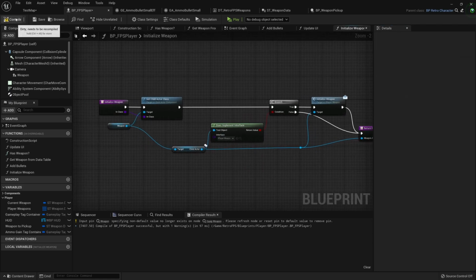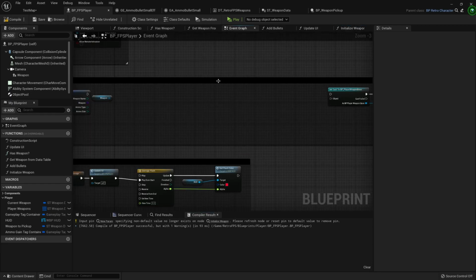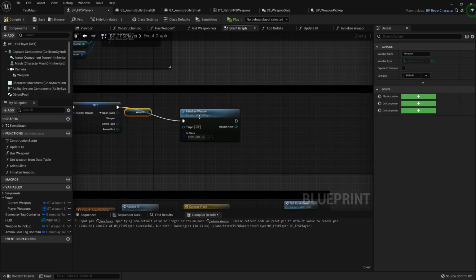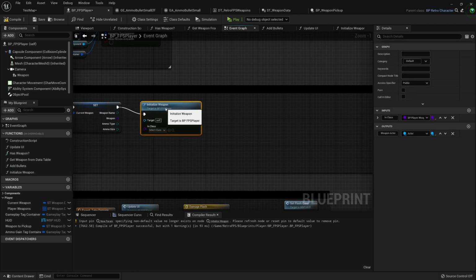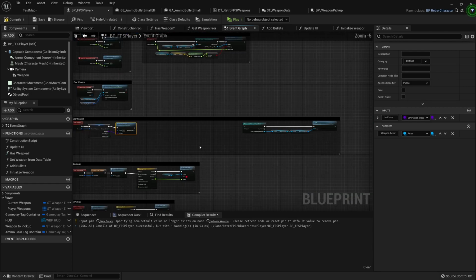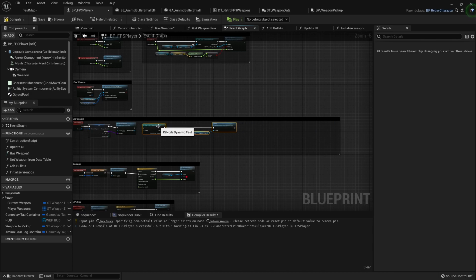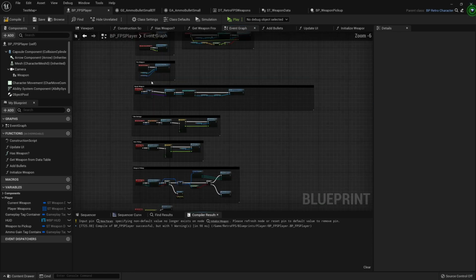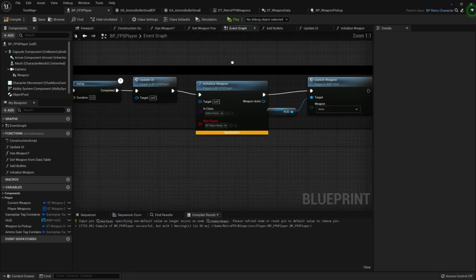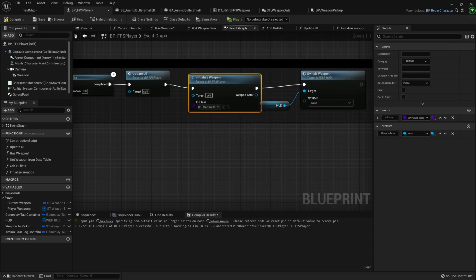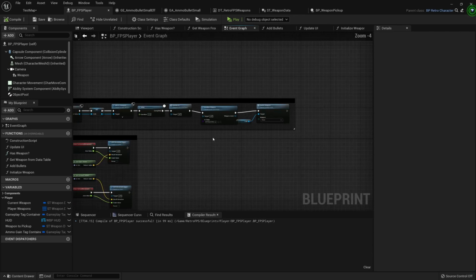And now that this has been done, we can head back over to the event graph and link that up right here. You can delete this weapon because we use that in this function here. Connect up the weapon to the in class and bring this over. And then be sure to hook up the weapon actor to the object for casting purposes. Otherwise, we'll need to refresh this node and select the weapon base, and everything should be good now.